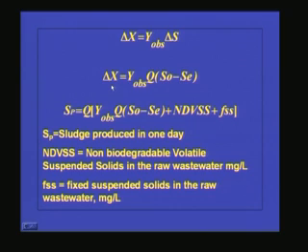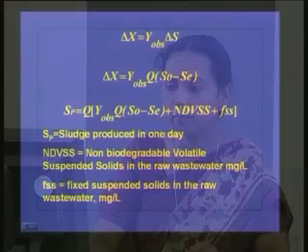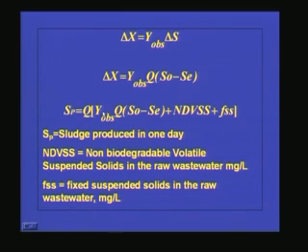But in the activated sludge process, apart from the biomass, there will be other solids also, whatever is non-biodegradable, and the solids which are of nitrogenous origin. So if you want to find out the total sludge produced in the system, we can use this formula: Px equals Q into Y observed into S0 minus Se plus NdVSS plus FSS, where Px is the sludge produced in one day, and NdVSS is the